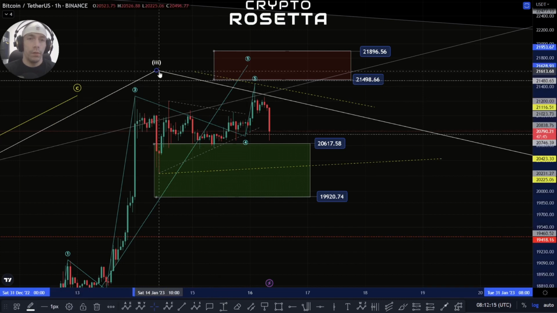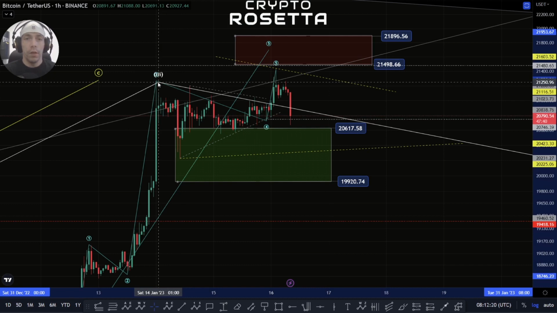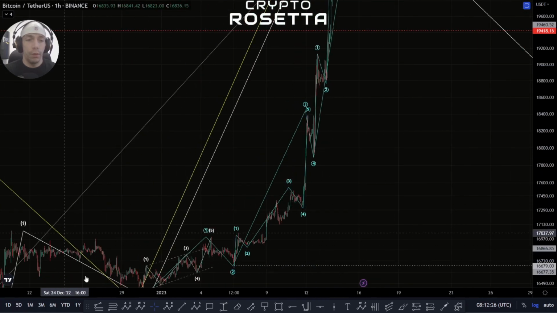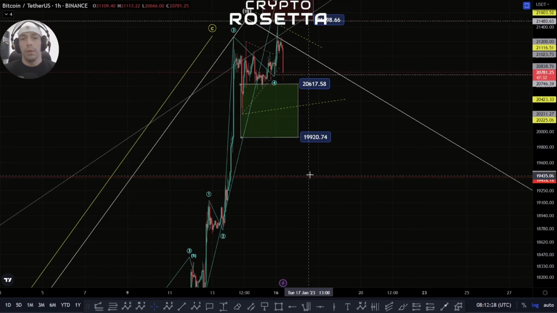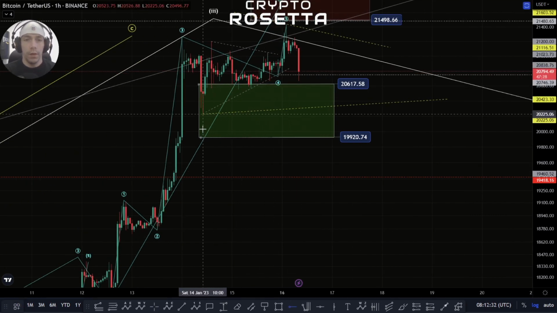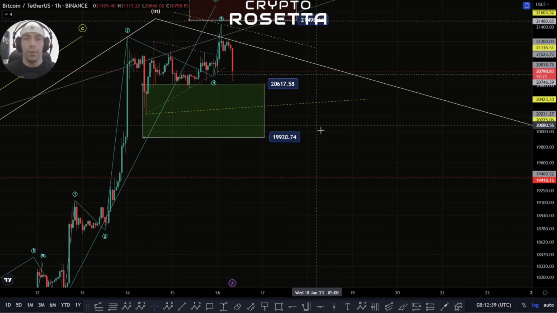Like we were saying, there was potential that we could count this wave 3 into this position here. So if we were forming a bigger triangle here, that would actually tie in with making a structure that is comparable with this wave 2. So until we break below this low point, what was it? Of this 20,225, we need to be aware that we could always see some further sideways movement here,